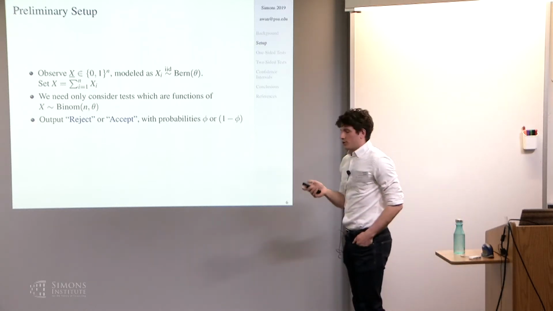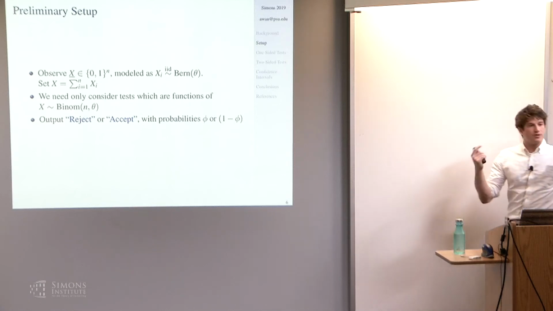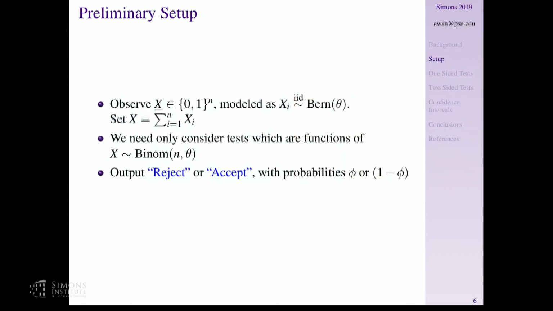In particular, we are working with binary data. Each person tells us a 0 or a 1, and we've got this vector of 0s and 1s. We're going to model these as independent Bernoullis. We're assuming there is some underlying proportion theta that we're trying to infer. We have a technical lemma that says that even in differential privacy, we can get away by just recording the number of 1s. So we just have to work with x now. And x is now distributed as binomial, which leads to the title of the talk. We're working with this binomial distribution from now on.